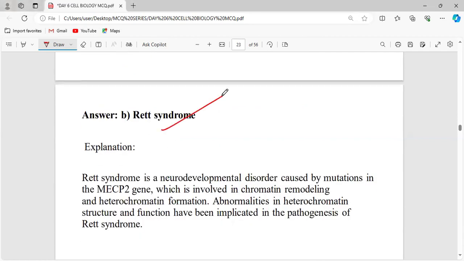That will be Rett syndrome. It is a neurodevelopmental disorder caused by a mutation in the MECP2 gene. This is the gene involved in chromatin remodeling and heterochromatin formation. If the mutation happens in this gene, it results in Rett syndrome, a neurodevelopmental disorder. Okay. Now,